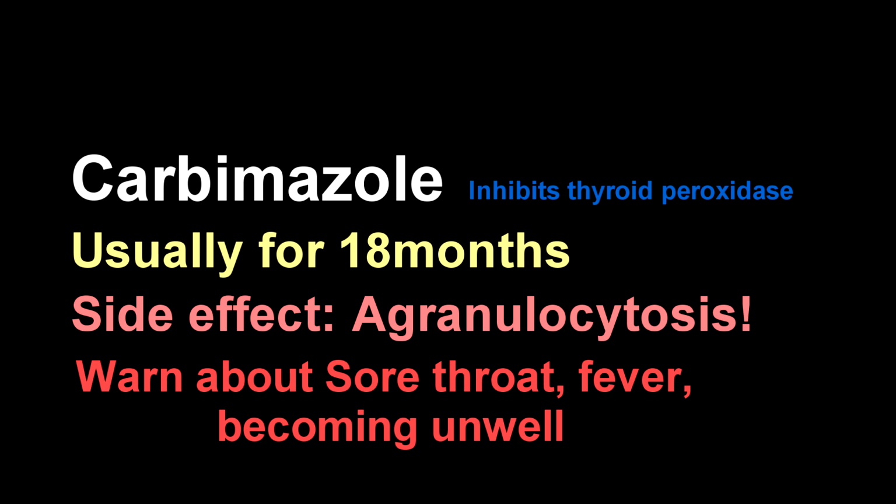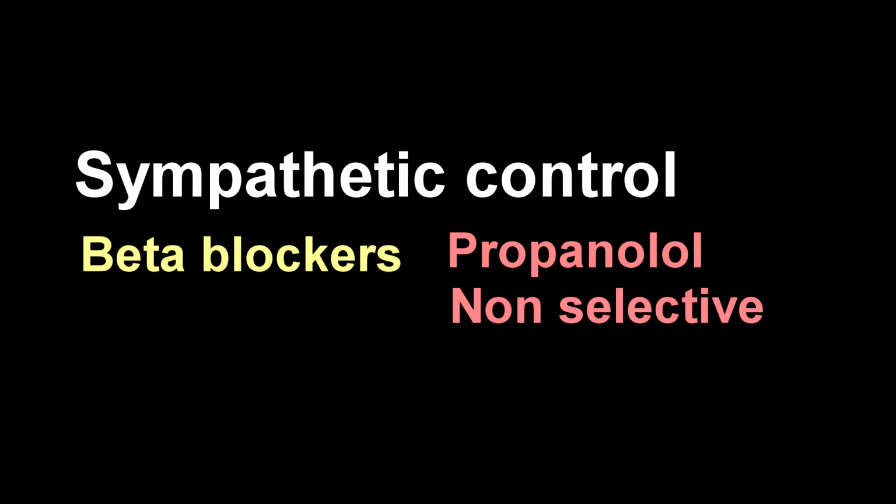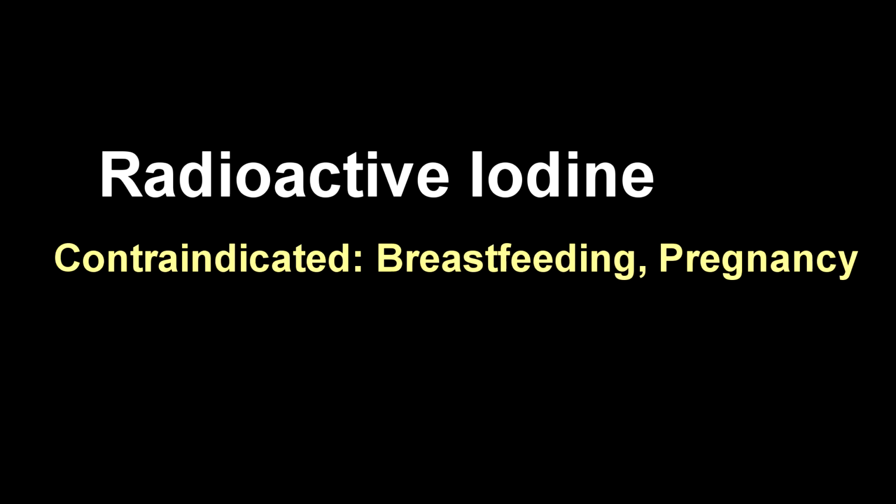In terms of the sympathetic control that we mentioned earlier, because of the T4, T3 hormones, you're going to get this sweating, tremor, palpitations. We can treat this specifically with beta blockers, so that's why some patients will have propranolol, which is a non-selective beta blocker. If none of these work, you can consider options such as radioactive iodine. It's obviously contraindicated in particular people, for example, those who are pregnant, going to be pregnant, or those who are breastfeeding. The surgical option is also available, so you can get a surgical thyroidectomy, where you remove the thyroid gland,